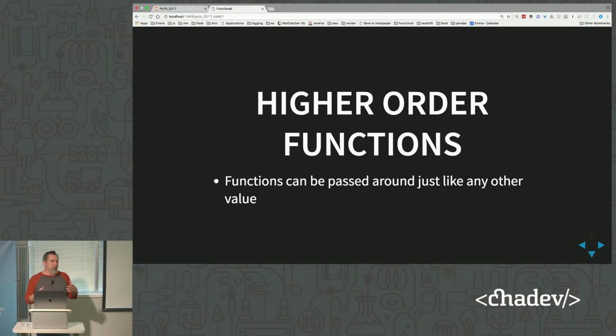So let's start talking about some of the pillars of functional programming. One of the core pillars, one of the things you almost absolutely need to do any type of functional programming, are higher order functions, right? Higher order functions just means that you can pass a function around just like you would any other type of variable, right? You can pass a function into a function, you can return a function from a function. They're pretty much just first-class citizens. And that's something, as we start looking at some code samples, that's really very necessary to get any type of real benefit out of functional programming.